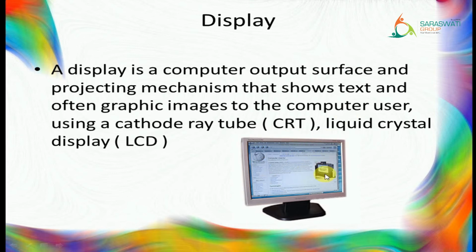Here also you can see a one monitor. Okay, this is what? This is the display unit where you can see your output, whatever the program, whatever the applications you have opened in your monitor, that you can see in the monitor, means on the display screen of the monitor. It can be CRT, which was used in a previous time, and it can be LCD, which is used nowadays, right? Okay, so that is known as what? Display. Is it clear? Next,